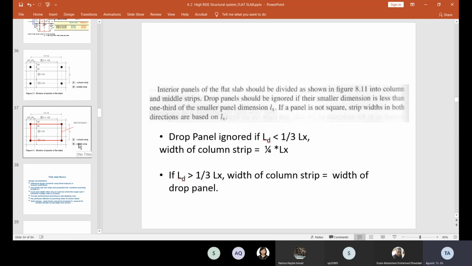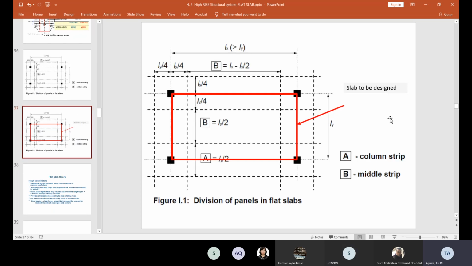But in this Eurocode 2 they mention the shortest span is Ly. So we need to refer to the shortest span only. If the LD is less than 1/3 of the shortest span...